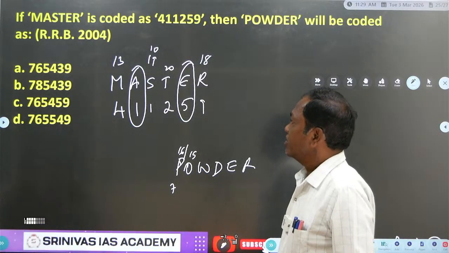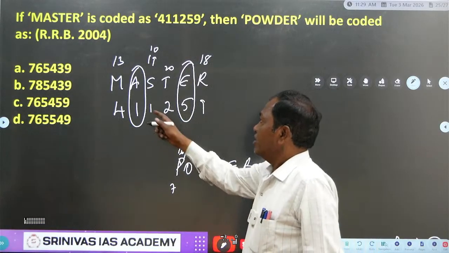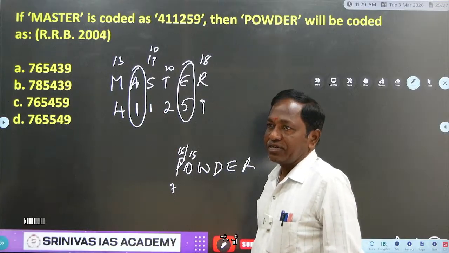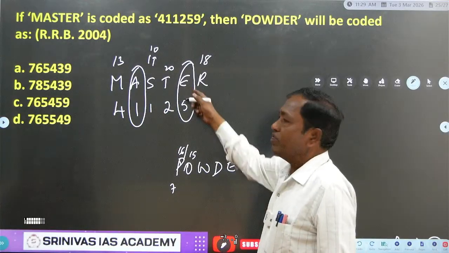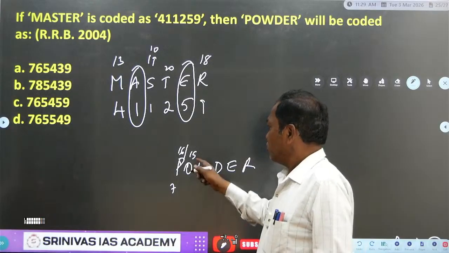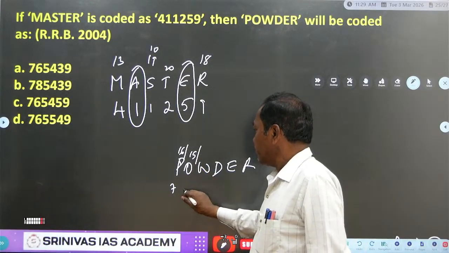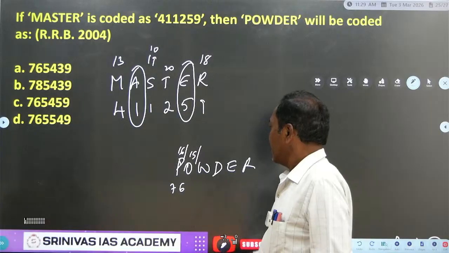They have written AE as 15. Correct. A is the first letter, that is only a single-digit word. E is the fifth letter. So O is the 15th letter. 1 plus 5 is what? 6. And W is the